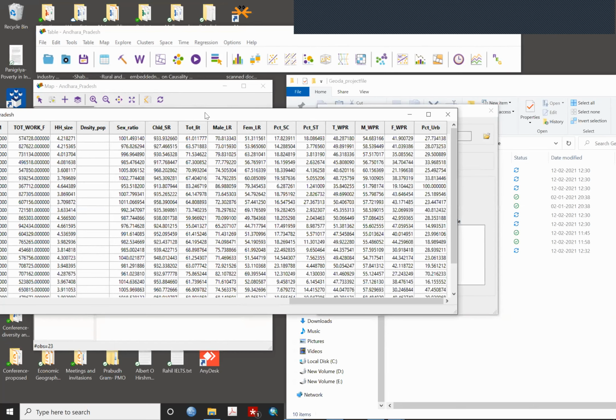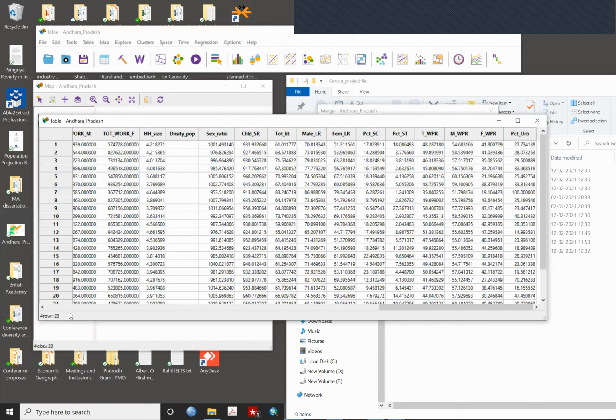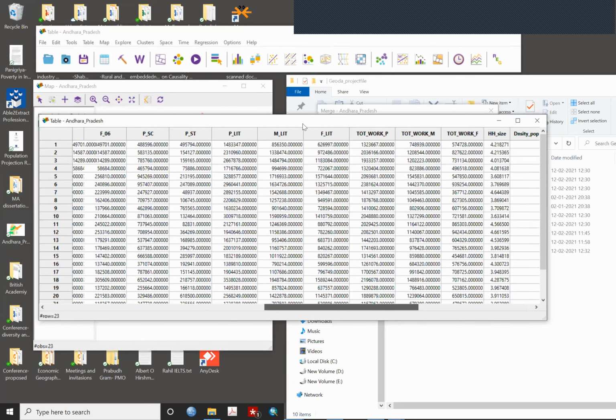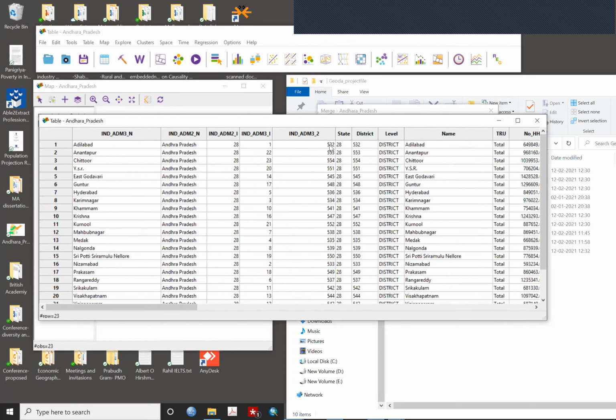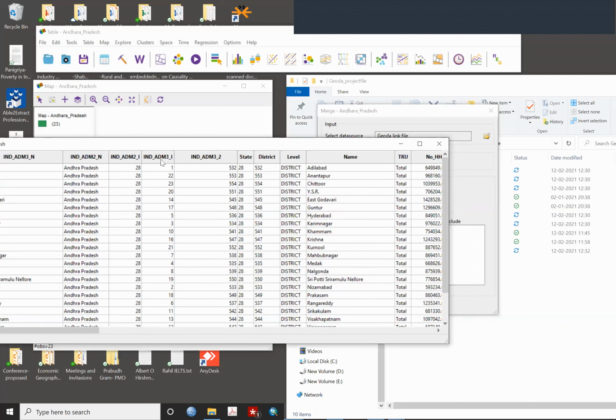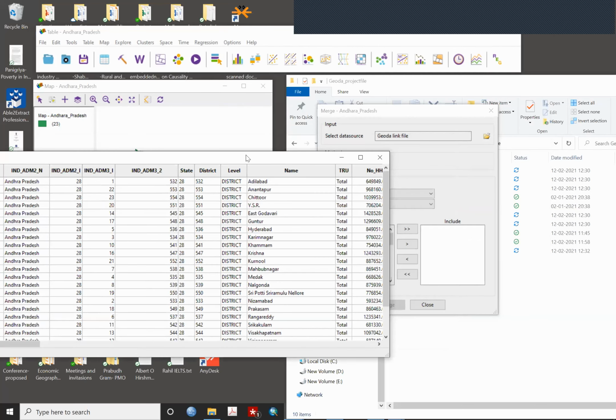If you have opened this one, you will find India admin 32 here, which is actually the main key variable, because these numbers, 532, 533, are all ID variables. If you open, you will see that it is the last one. So 532, not 531, 532. That is the current key variable here.